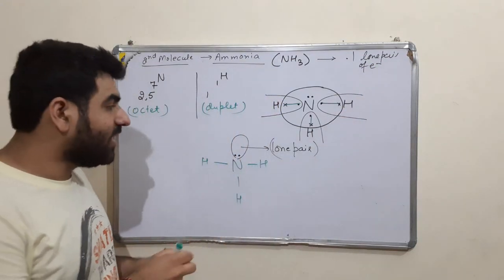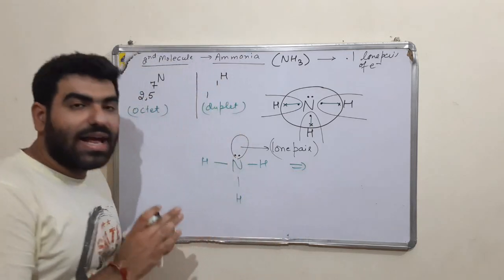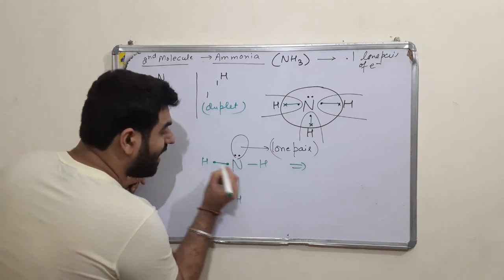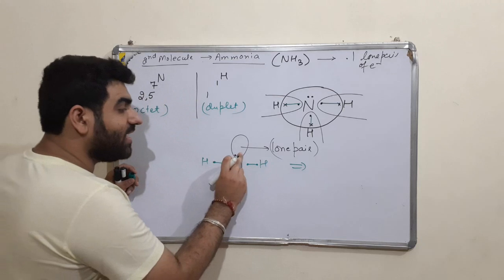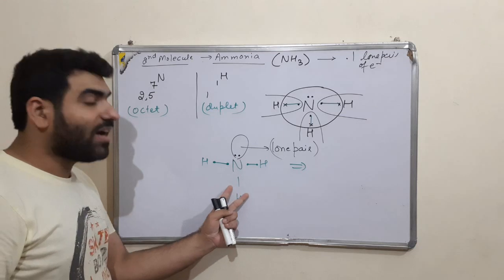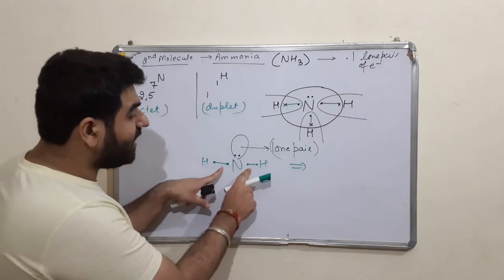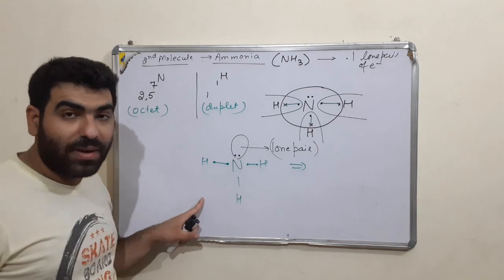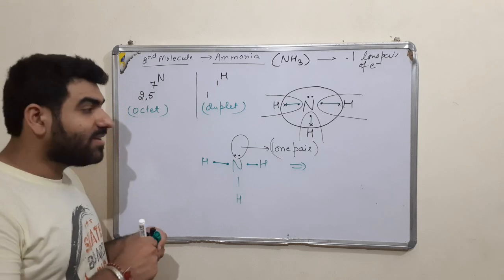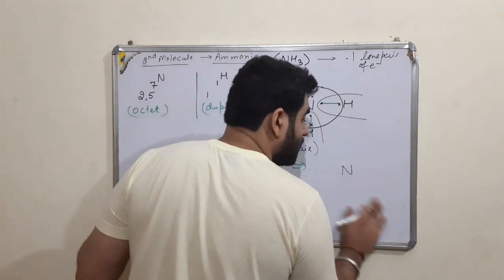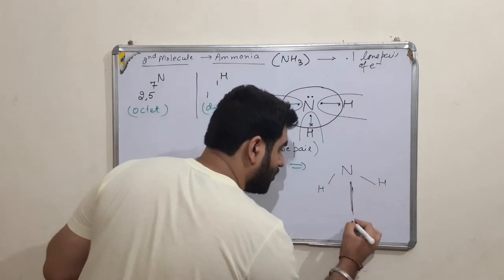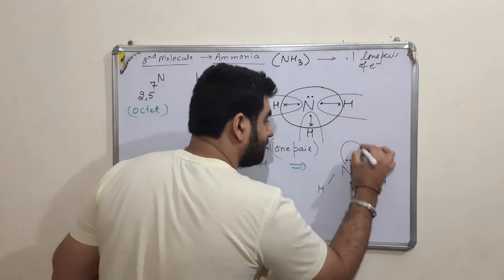Alright. Now there is one more thing, that due to the interelectronic repulsion between the bonds and the lone pair, see, this is the bond which is formed by electrons here. So these electrons will repel these electrons in such a way that this structure will be stable only if these bonds get far away from this lone pair, because there will be electron-electron repulsion. So as the result of which the final structure of nitrogen is like this: hydrogen here, and hydrogen here, and this is the lone pair.